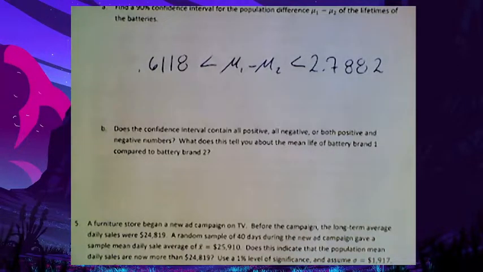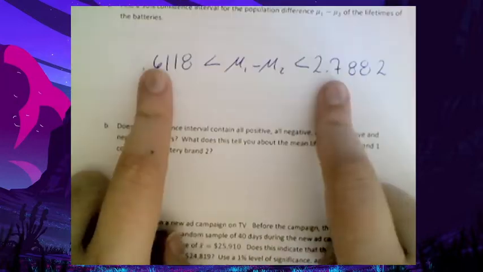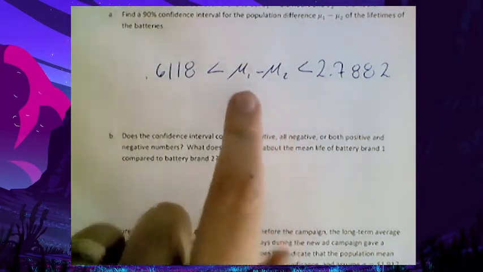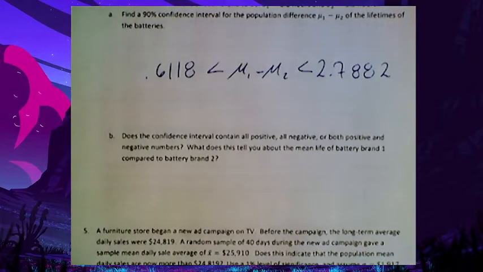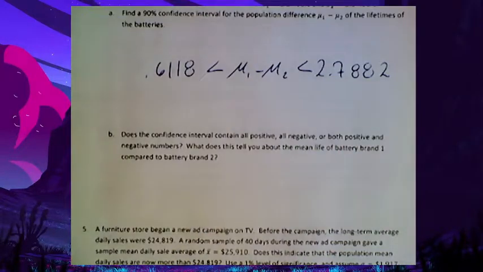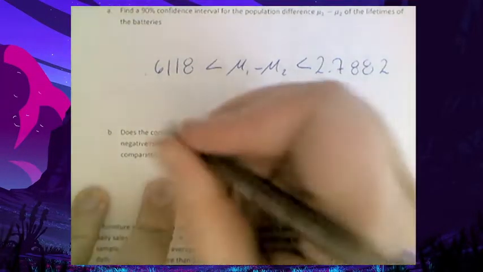If I had all negative, so negative here and negative here, that would only happen if mu2 was a larger value than mu1. So that's what I would get there. If I have a mixture, so one of them is negative and one of them is positive, then I don't have enough evidence to say one way or the other, because I'm right there in the middle. So since I have all of that, so they're both